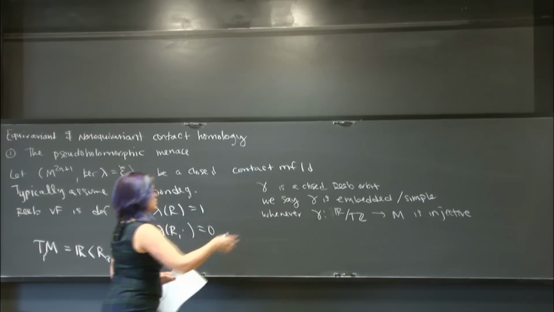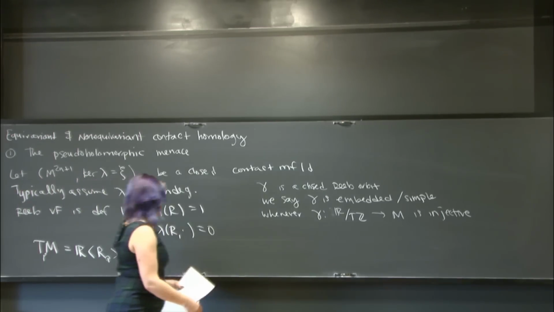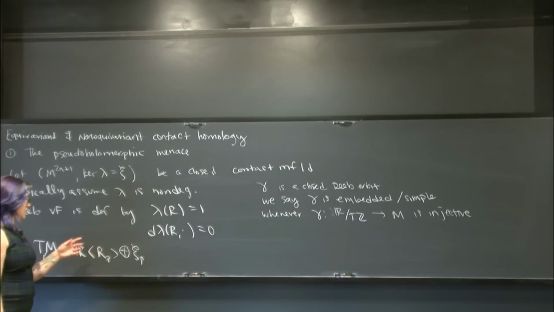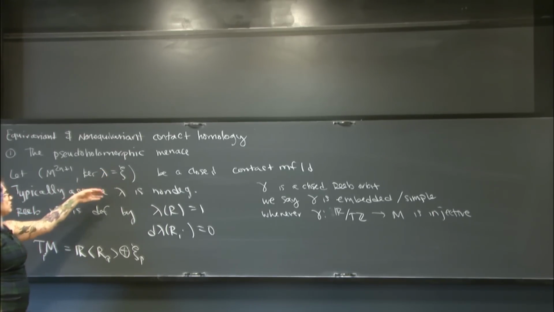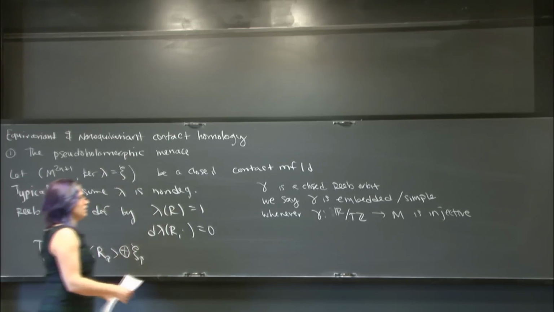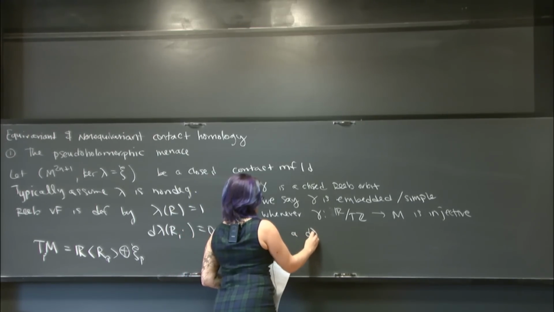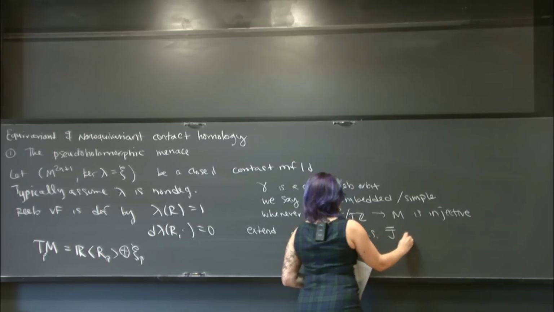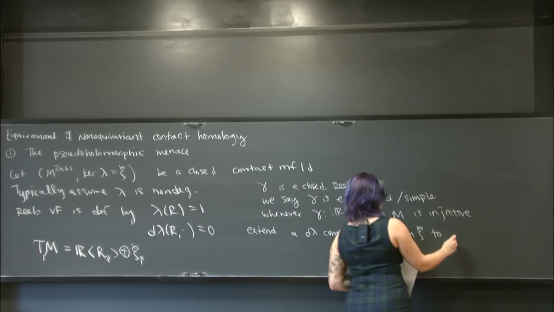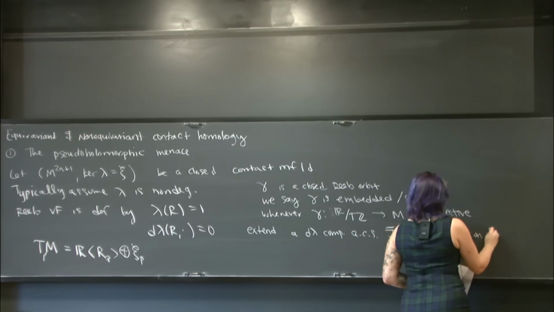So we will also need to make a distinction between when the Reeb orbit is multiply covered and when it's embedded. And then because we have this nice decomposition, and because C is a contact structure, that means that we have a symplectic vector bundle when we pair C with d lambda. So we can extend a d lambda compatible almost complex structure J on C to one on the symplectization